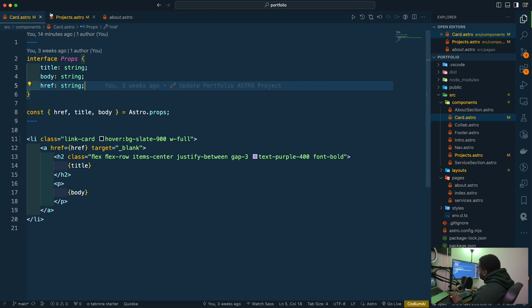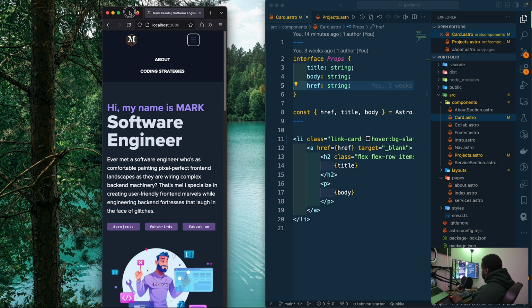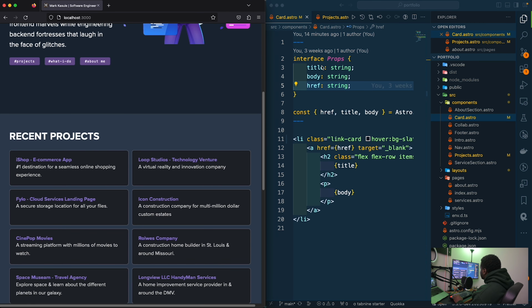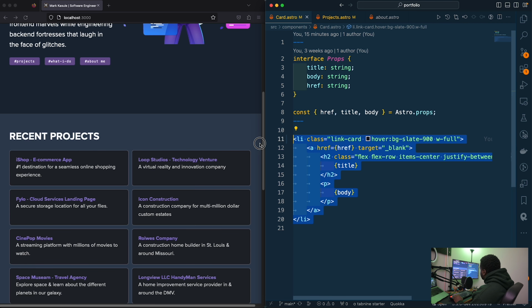Now remember we talked about a title, and this is what we have over here. We have a body and an href. So now here, this is basically going to be regular HTML. I'm not going to go through all of this, but what I'm going to explain to you is that if you instantiate that you have a title, a body, and an href, and you give them types as well, now you can